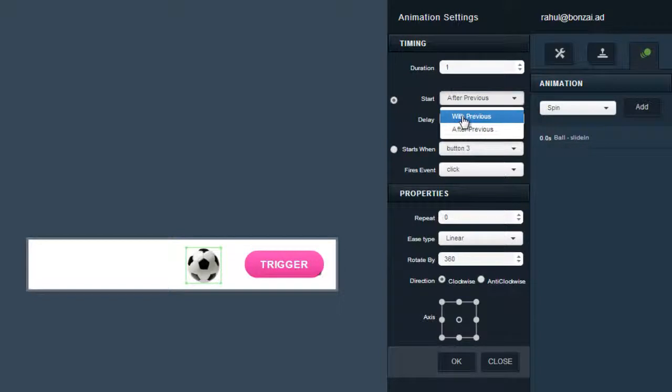Now I want it to happen at the same time, so I will be choosing with previous, and that's the reason I've selected the same duration as 1. So what would happen is that the slide in as well as the spin will happen together in a duration of 1 second. Now delay again would be an additional information to the relation. Now I'm saying with previous and there's no delay set, so it's at 0, so both would start at